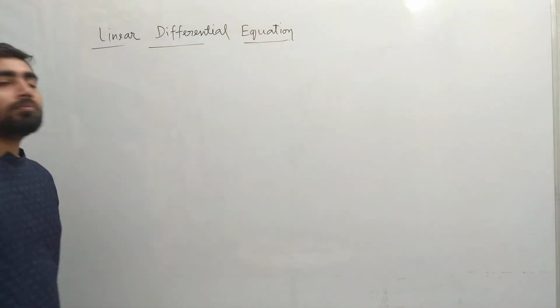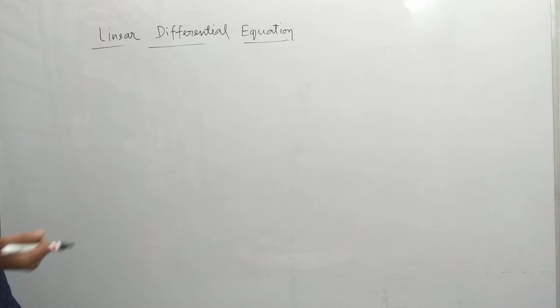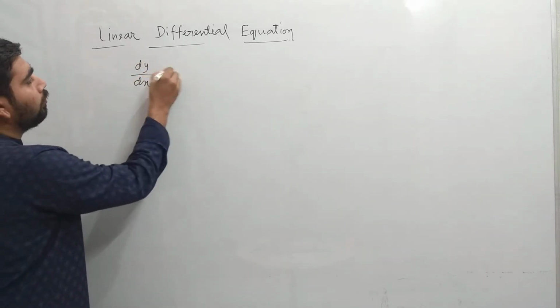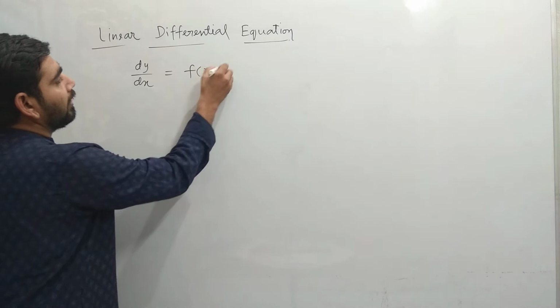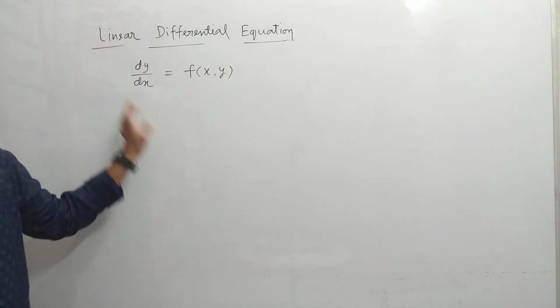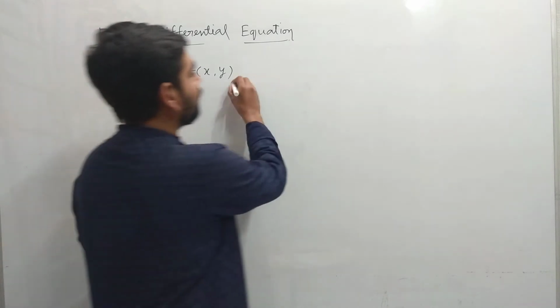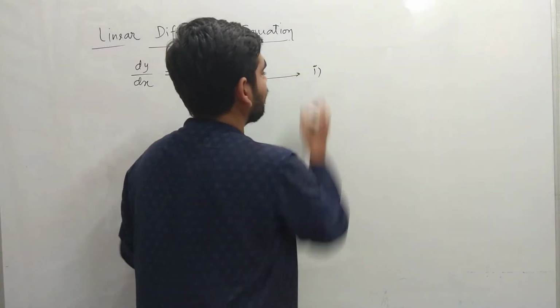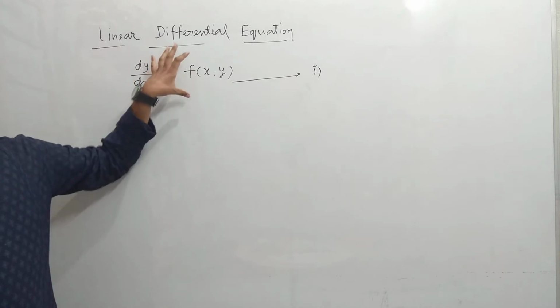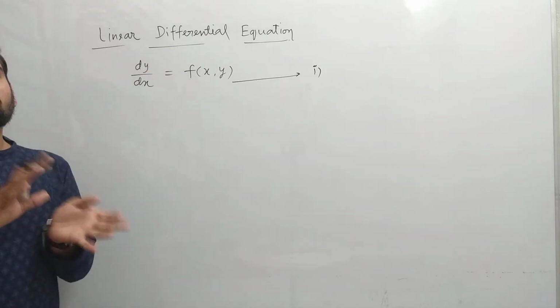In general form, a first order and first degree differential equation can be written as dy by dx equals a function of x and y. Now suppose that this first order and first degree differential equation satisfies some properties. What are those properties? The first property is, in this differential equation, the maximum degree of the dependent variable